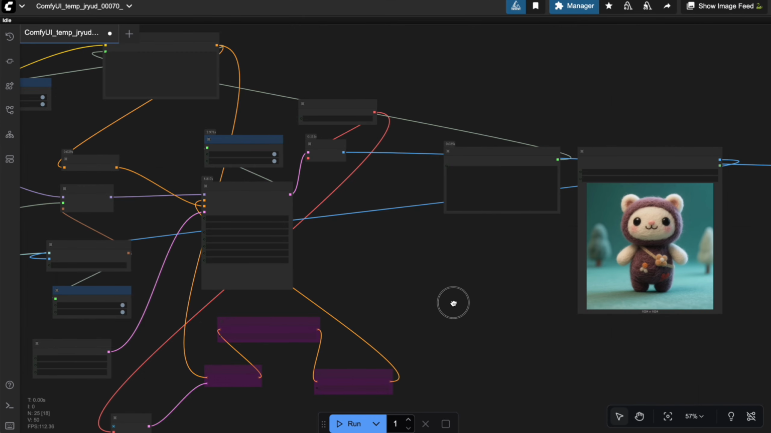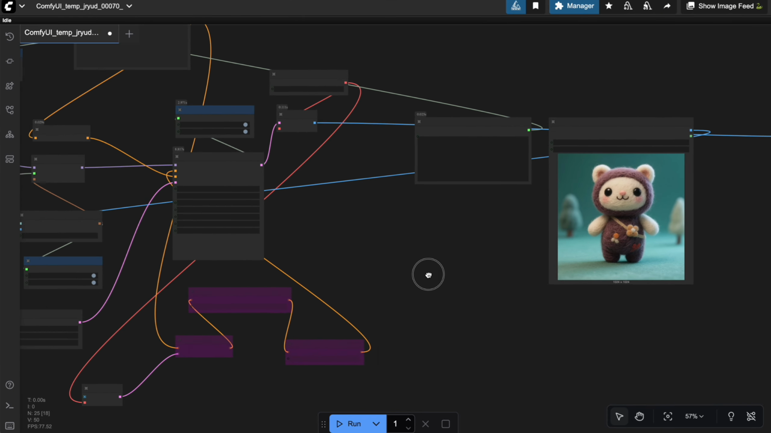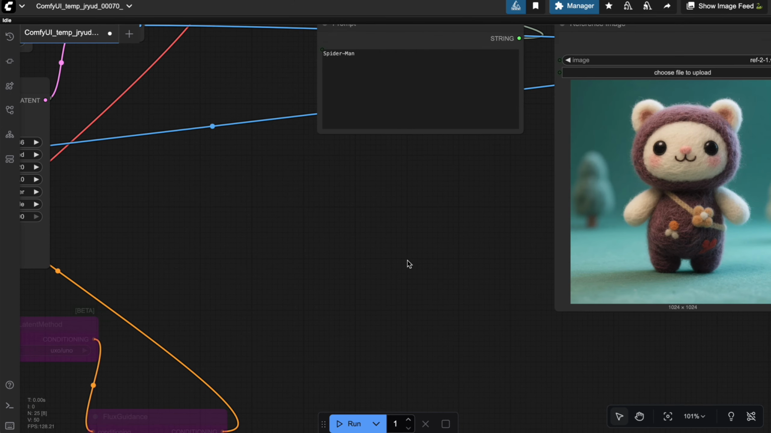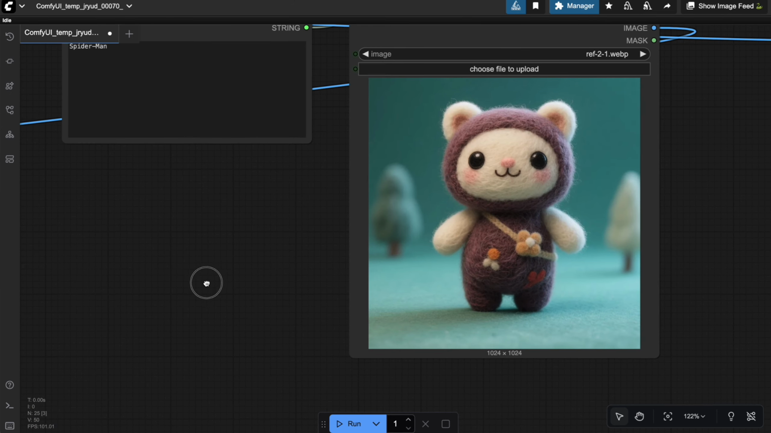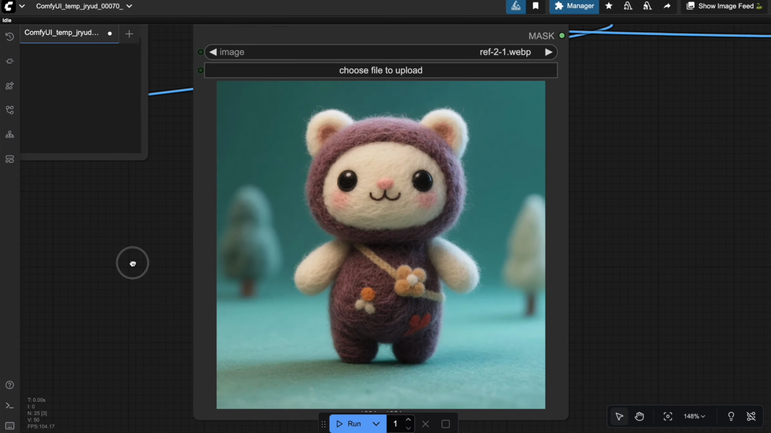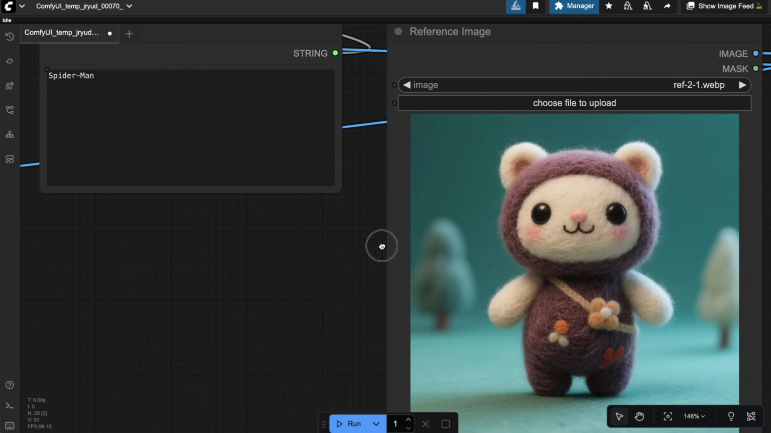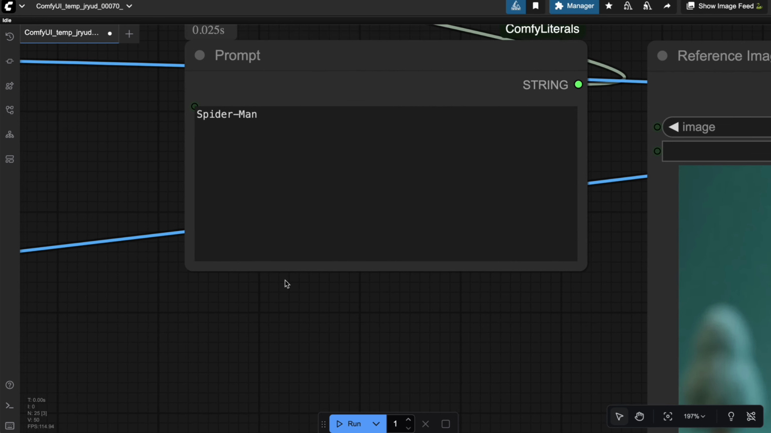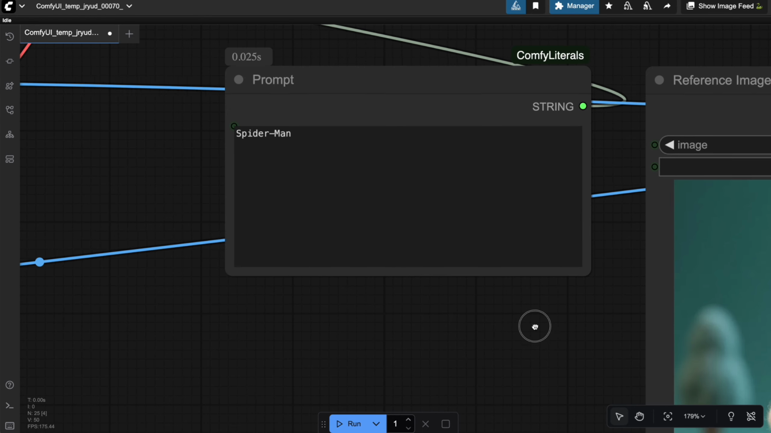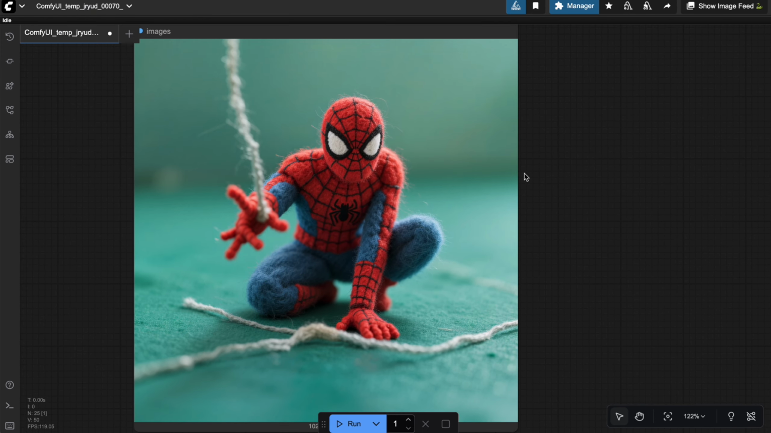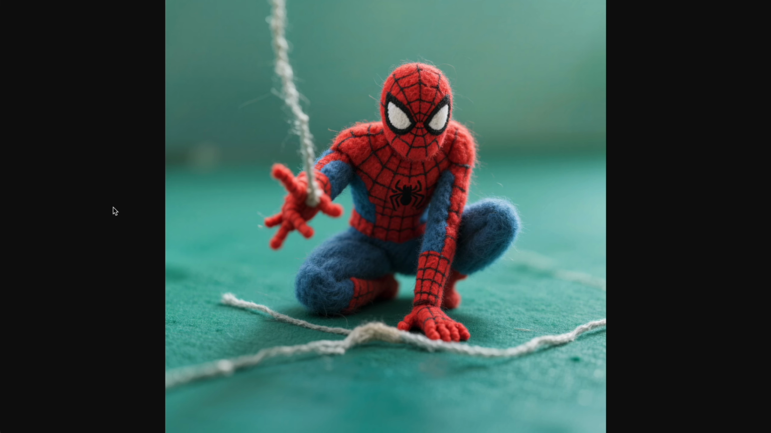Now, let's jump into some real tests I ran on my own PC using USO, and see if the results actually live up to what the authors claimed in their paper. For the first example, I used a soft, fuzzy, minimal style reference image, and paired it with a super simple prompt, Spider-Man. And wow, what we got is a Spider-Man completely reimagined in fuzzy felt fabric, looking cozy, warm, and